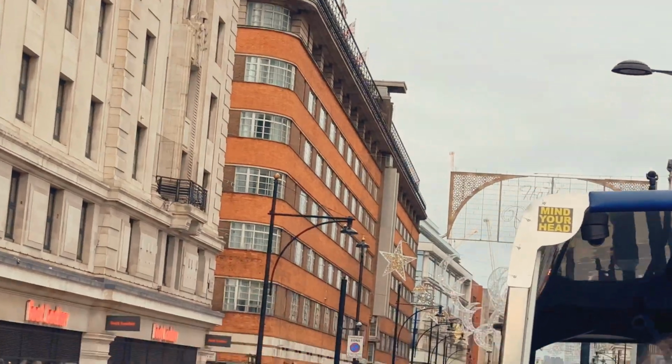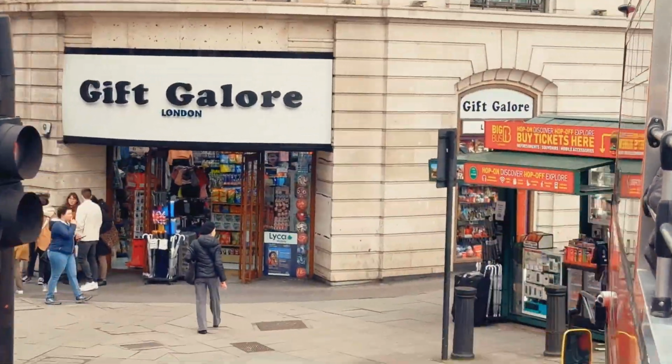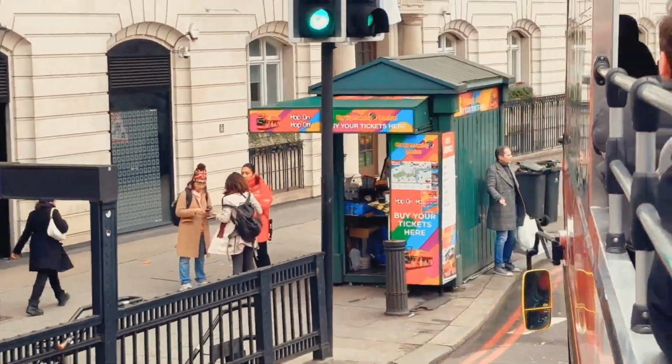We're actually heading down Park Lane today. And if you played Monopoly, you'll know that Park Lane, along with Main Street,